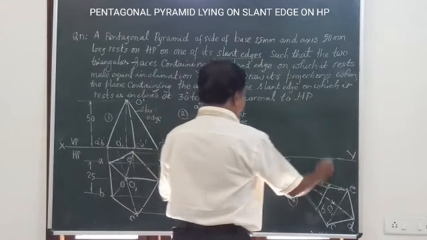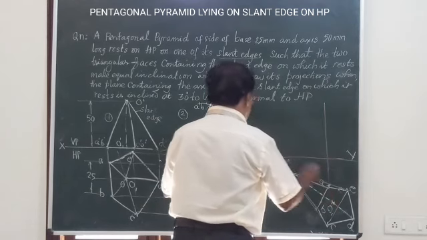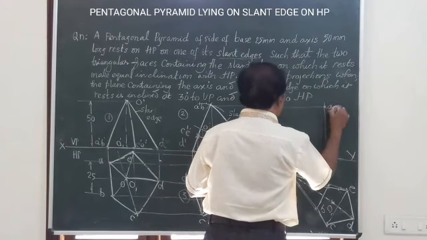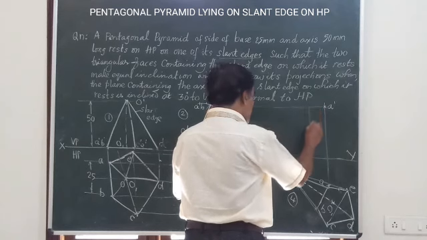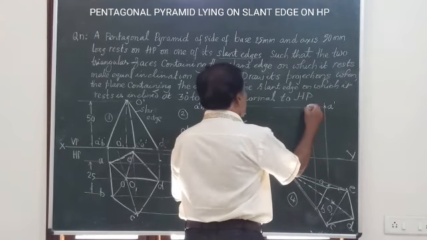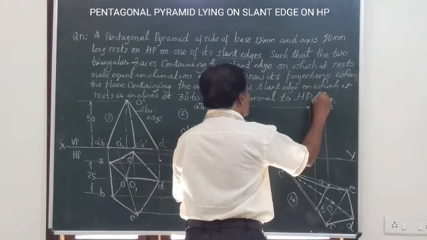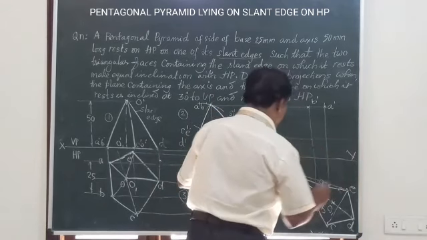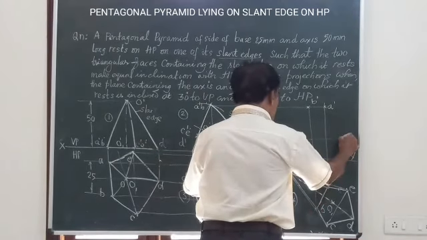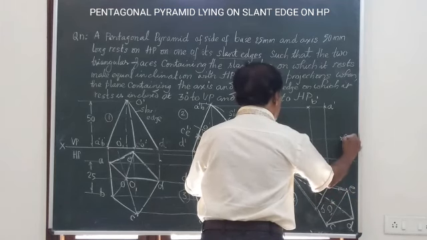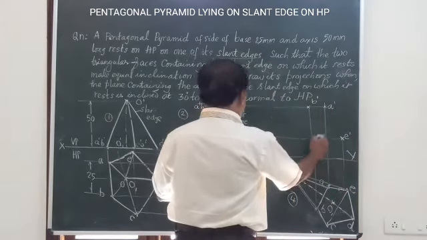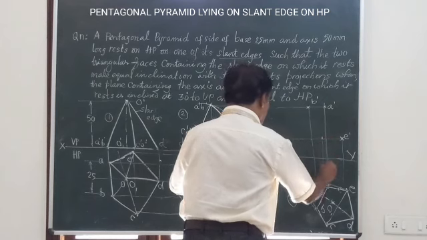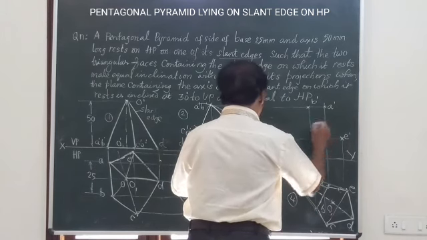So I will start with the point A. Vertical line from A, the horizontal line from A. This will give you A dash. Likewise B, vertical line from B, horizontal line from B, the point is B dash. A dash, B dash. C and E will fall on this. So draw a line here, the horizontal line. C and E. E will come somewhere here. This is E dash. So A dash, B dash. Then C will come on the same line somewhere here. So let me mark it here. This is for C. That is C dash.